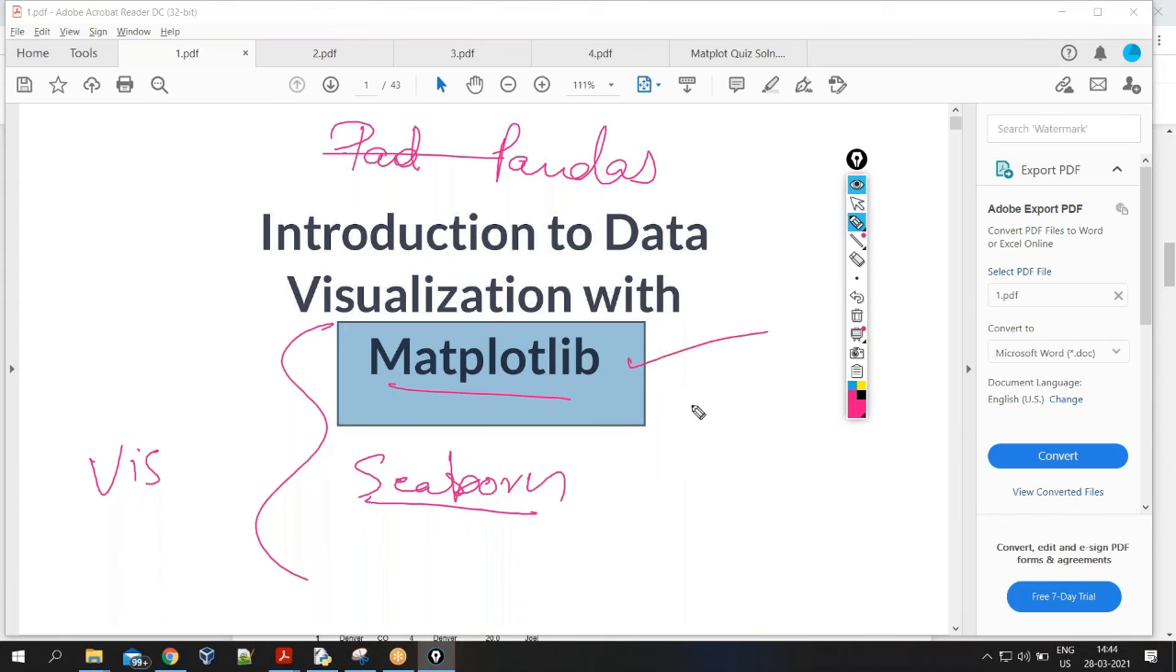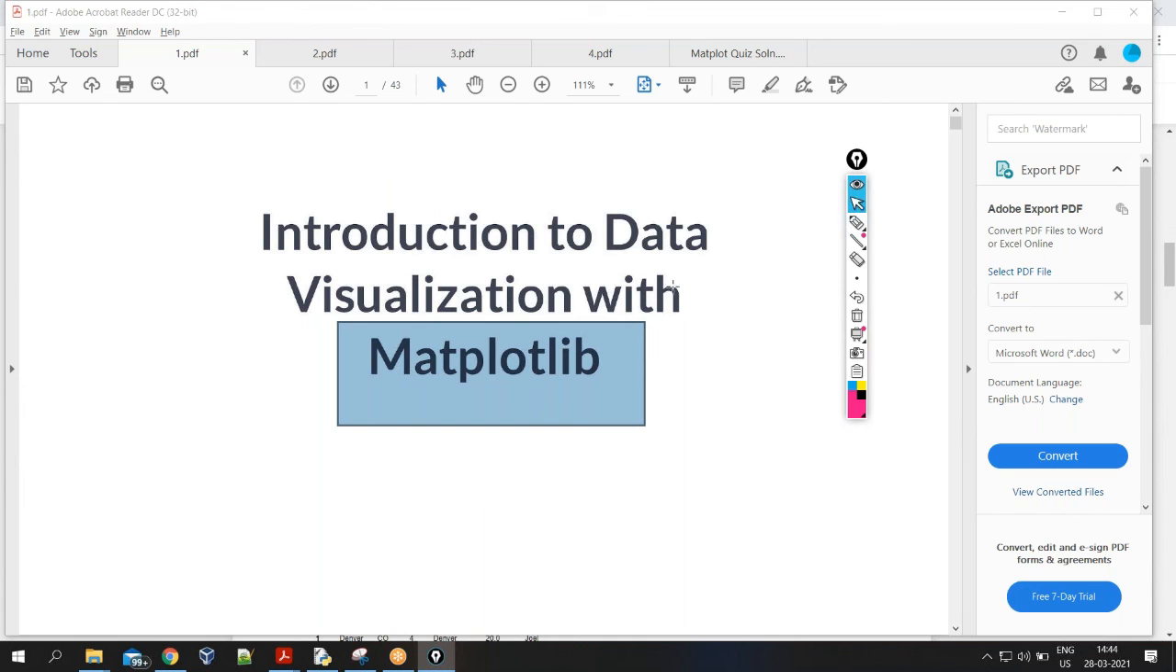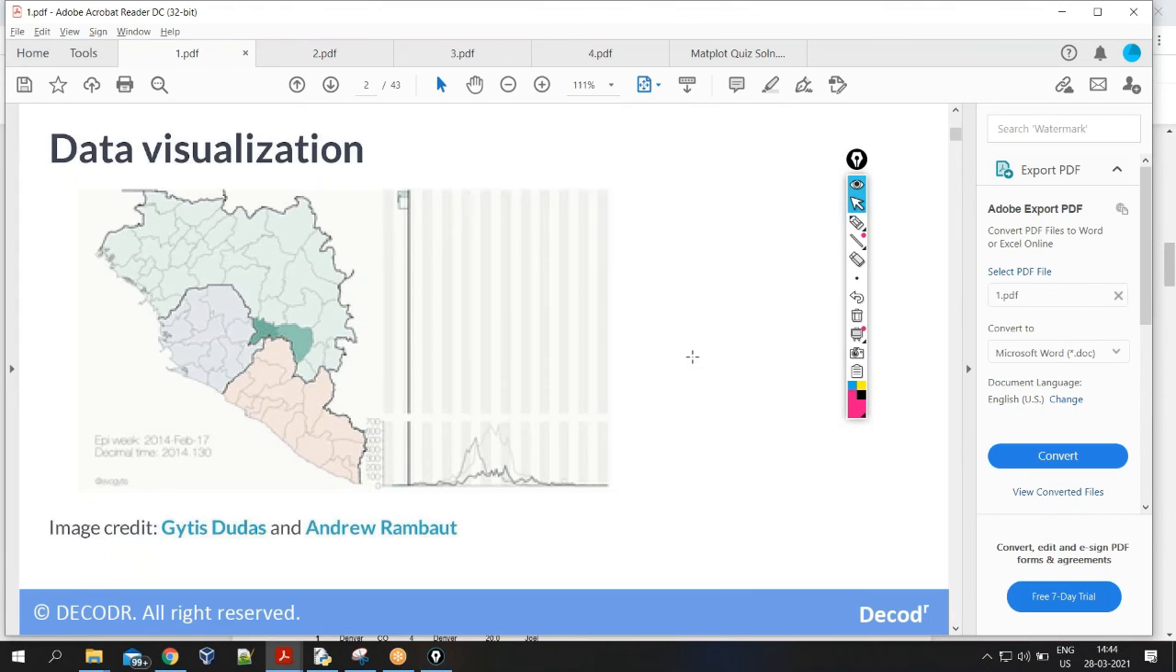In today's lecture we will see Matplotlib. It would be very simple, but you need to understand the syntax here. Now you can directly see how visualization makes